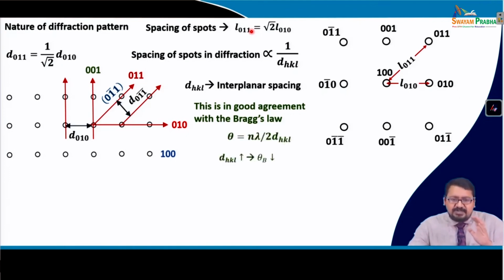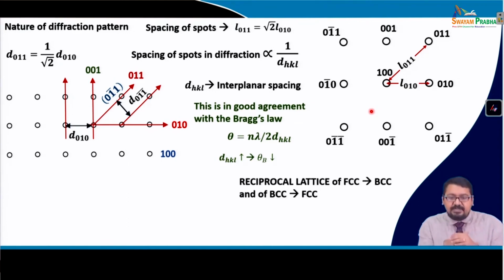Why is it so? Because you see theta is equal to n lambda by 2 d for that HKL plane, and what is theta? Theta is basically the distance from the center spot to this spot, right. So, as d HKL is increasing, theta is decreasing, or as d HKL is decreasing, theta is increasing, vice versa. So, this reciprocal lattice spacing actually is in good agreement with Bragg's law with respect to the interplanar spacing for the